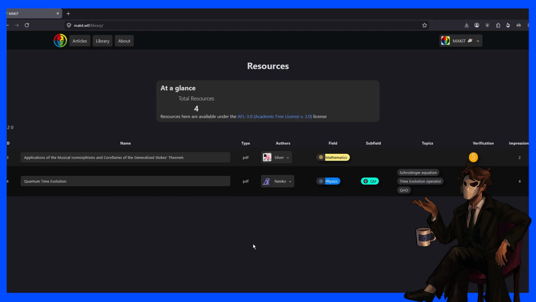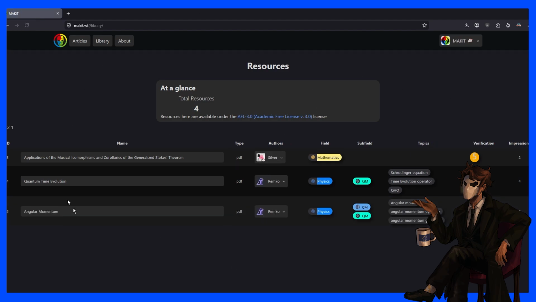The difference being that you can expand the paper if you add something new, for example, or there is also a button there for corrections. And the difference being that obviously if you add new content to the paper, it's expansion. If you correct a mistake, it's a correction. I've added that boolean there in order to differentiate between the two because they're going to be treated differently in the future. But for now, on my screen, if I refresh, now I can see Remco's Angular Momentum paper,